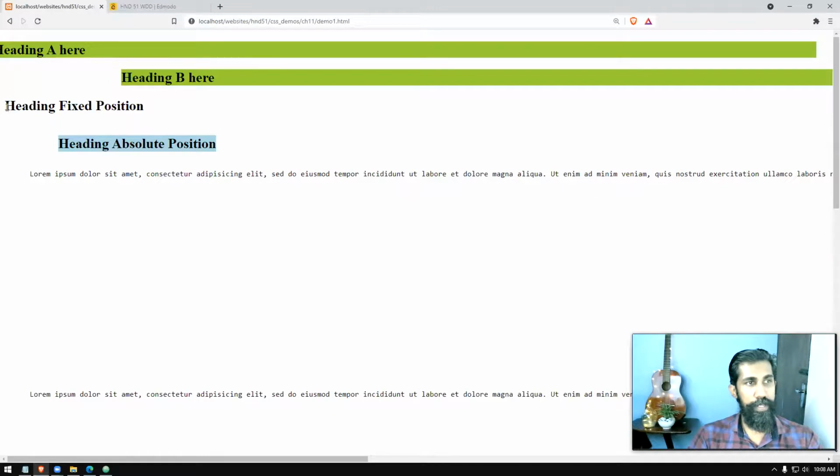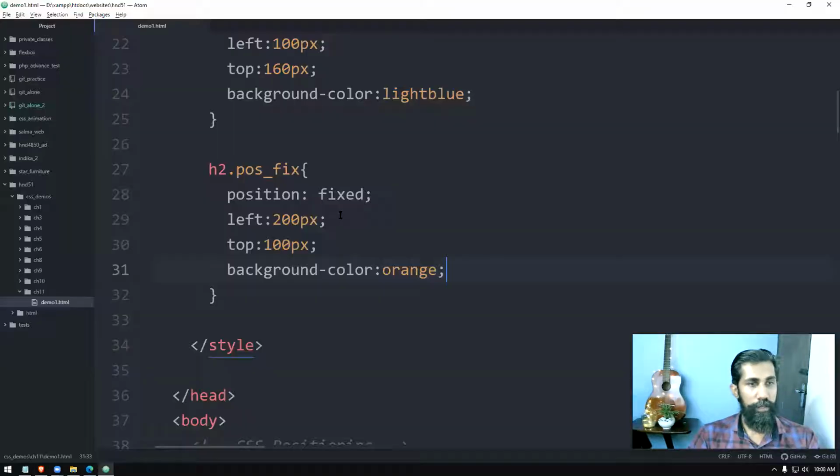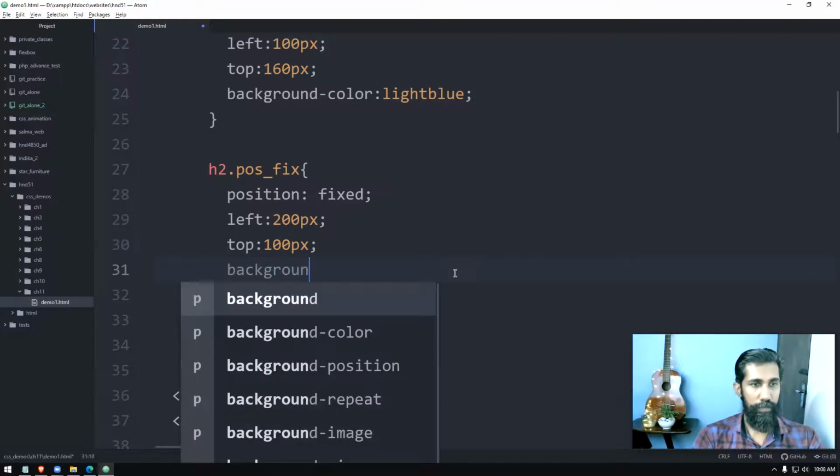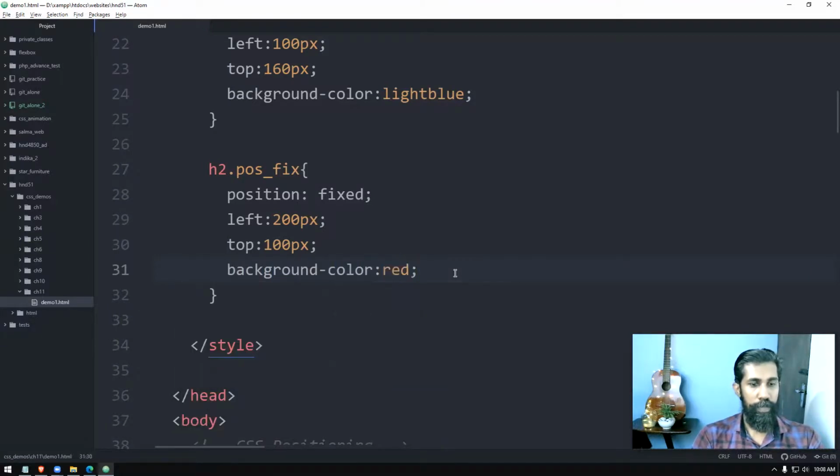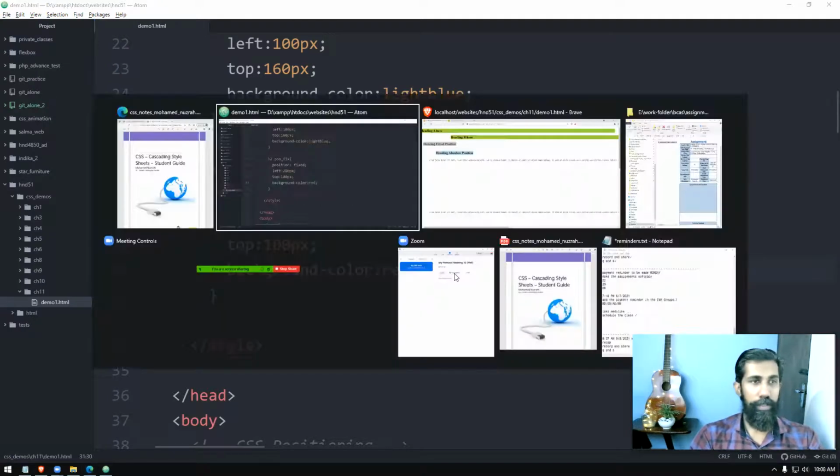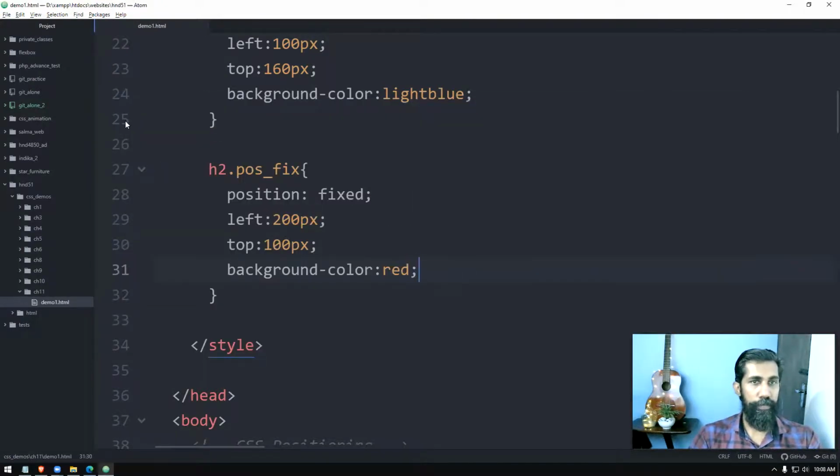So it's coming as heading fixed position. I think background color you can't set there.